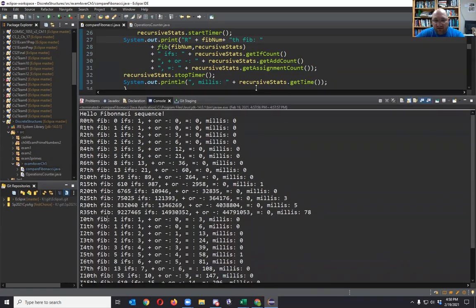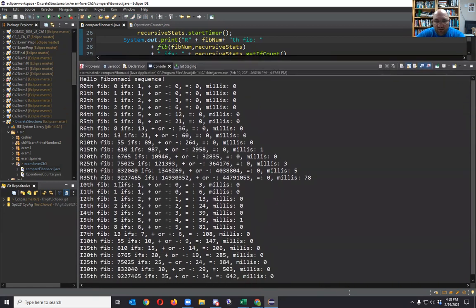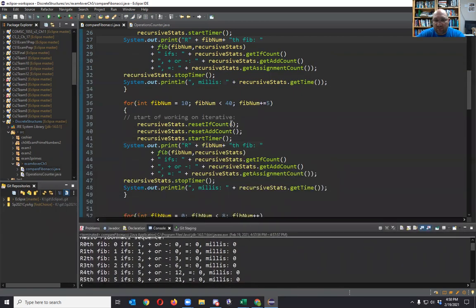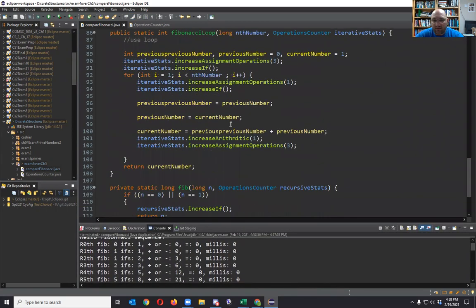Well, that's interesting. It's supposed to be 0, 1, 1, 2, 3, 5, 8, 13, but it's printing a different sequence of numbers. Okay, so the first number is coming back wrong. Let's go down and look at our